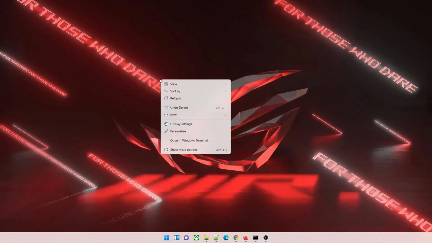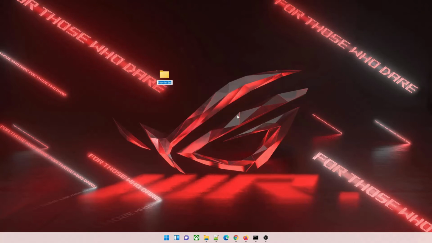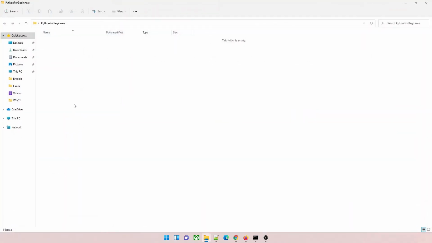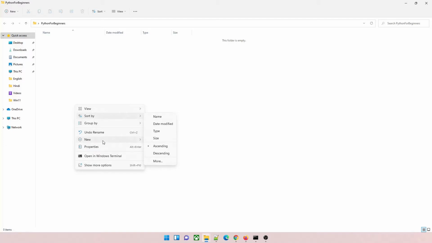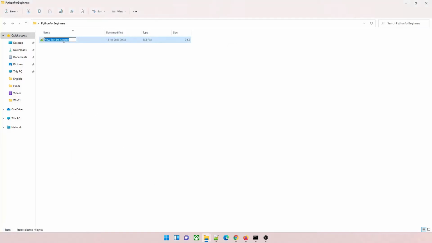Right click over in your desktop or anywhere and create a folder. We are going to put everything in this folder in order to make everything perfectly fine. Just name it Python for beginners so that you guys cannot forget that you have created a folder and your code will be in this folder. Go inside the folder and right click, click on new and create a text document. Now we'll just change the extension and make a first Python file. So just give first.py. .py is the extension of Python file. So you just have to give that.